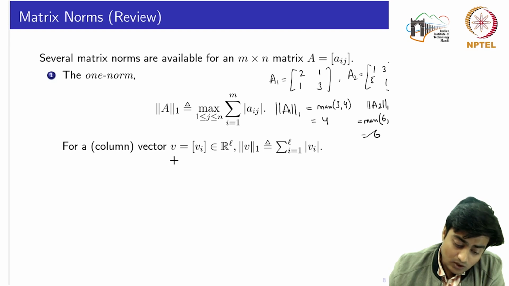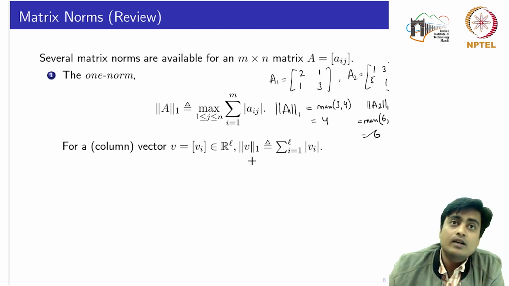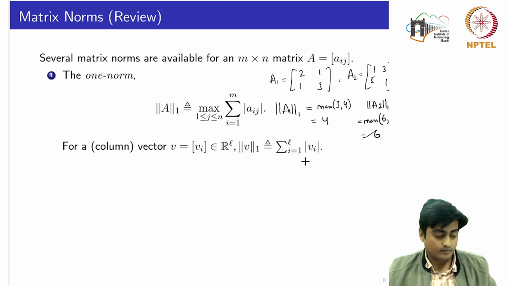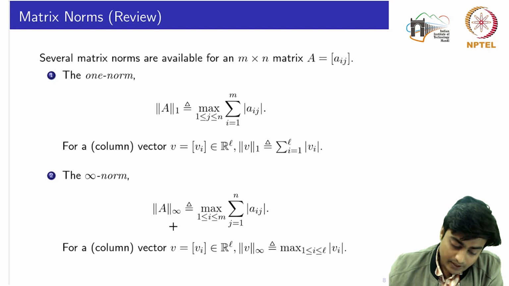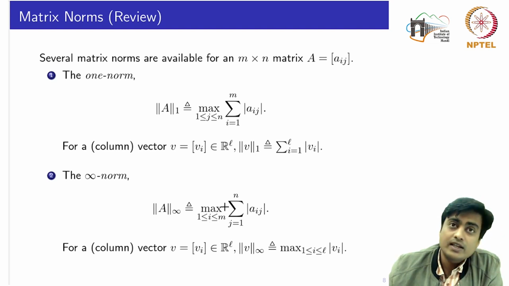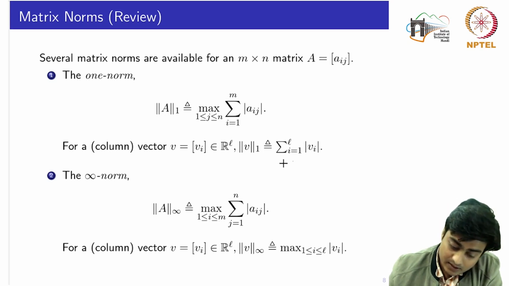Right? Now if we have a column vector, then the one norm of the column vector is basically given by the summation of all the elements of that vector. The second norm is the infinity norm. Infinity norm is basically exactly the opposite of how we have computed the one norm. So in the infinity norm, we sum the elements along the rows and then we take the maximum out of it. Right? Say, again considering the example A1, 1 2